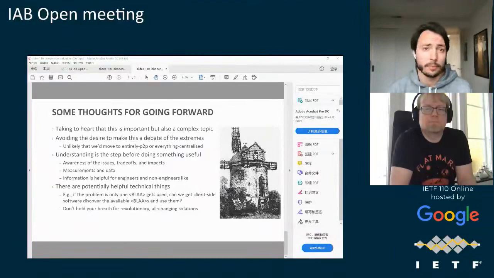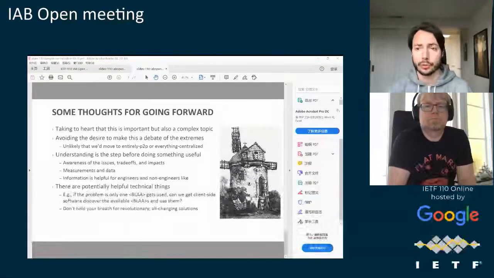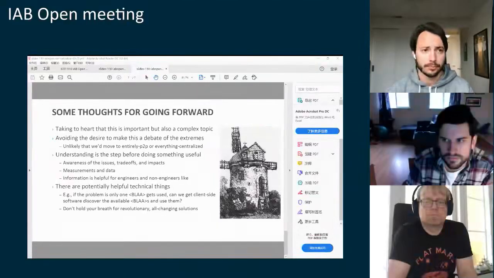So while I think this is an important topic, I kind of see it as out of scope for the IETF in general. All we can do to make sure we don't encourage centralization is to make sure our protocols are open and extensible, so anyone can do anything they want with them, but that's been in our ethos since the beginning. So I'm not sure there's much more to be done from us here.